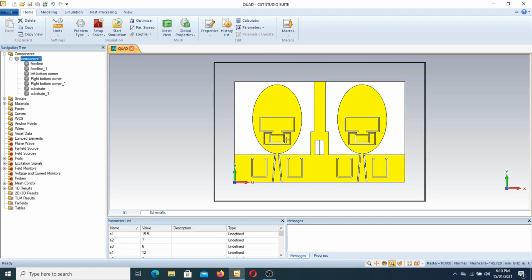The same replica, as a mirror image, is placed over this, and after inserting power from this position, we got a tri-band notch ultra wideband antenna with MIMO characteristics. Hopefully you got the idea of how a multiple input multiple output antenna looks. In the next video I will show you the result analysis related to this antenna, and how the tri-band notch characteristics look.